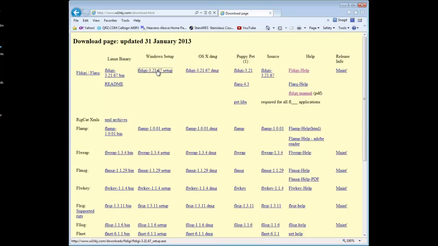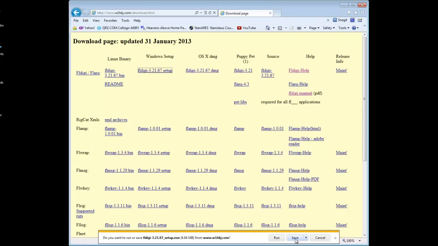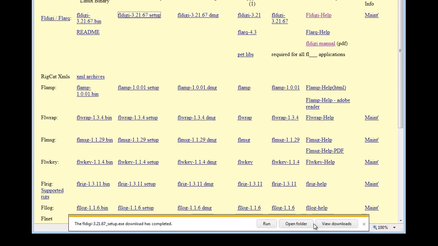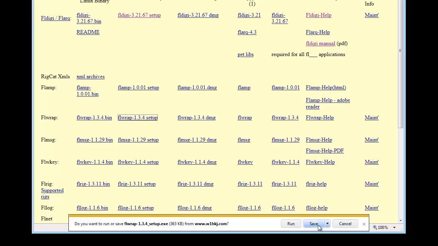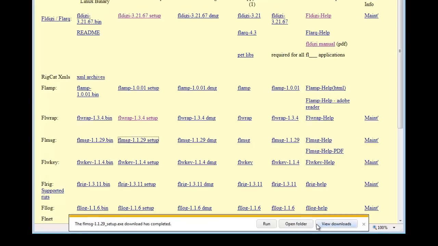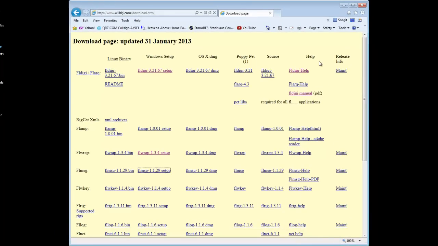So first off, we're just going to grab FLDigi here. It's very small. It'll download really quick. Matter of fact, it's done there. That was very quick. And then I'm going to grab FLWrap right here, and then FLMessage. So it's that quick, very simple, very small. You might also want to grab the FLDigi help and the FLDigi manual. There's some great information on the usage, configuration, and installation of the software, and I'd highly recommend you